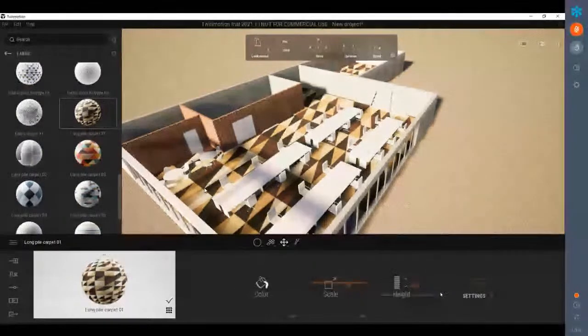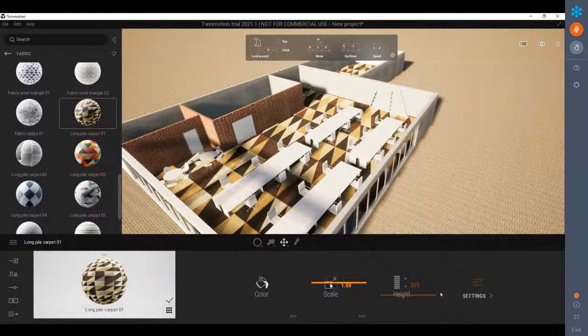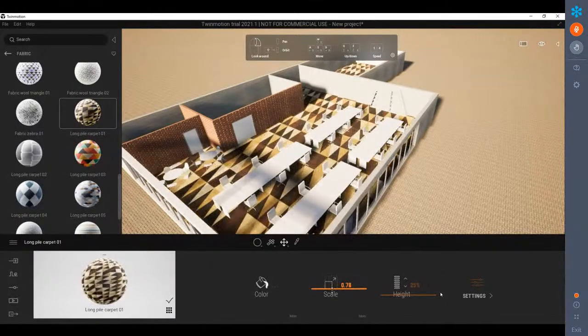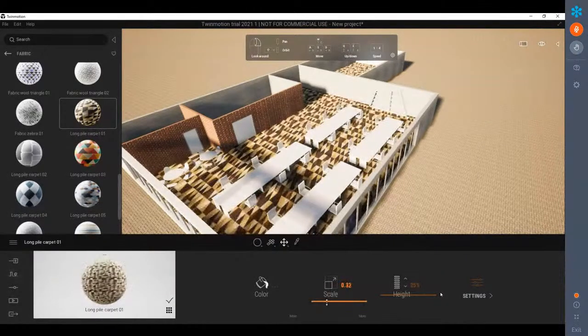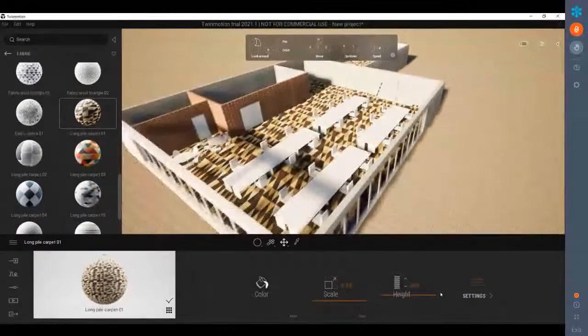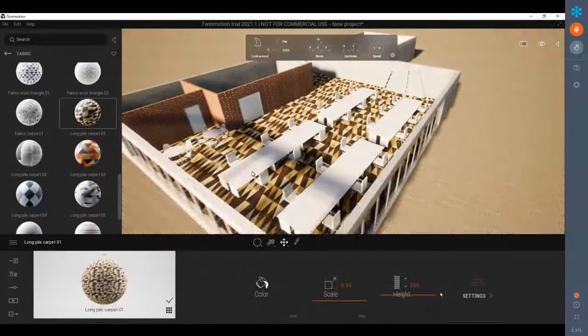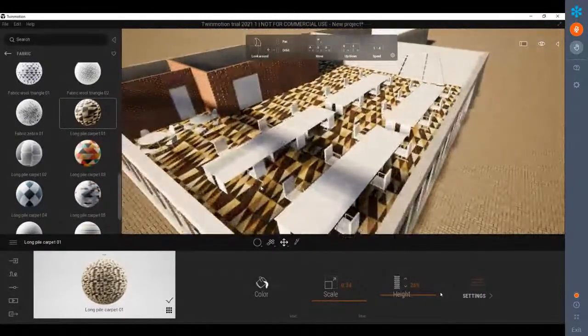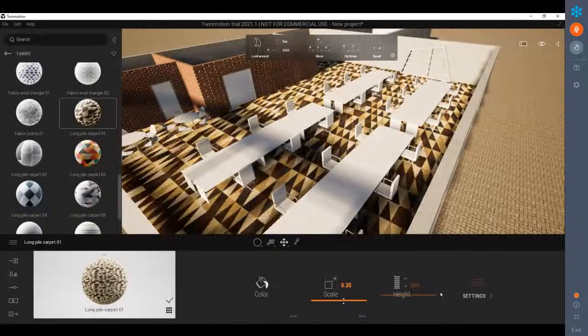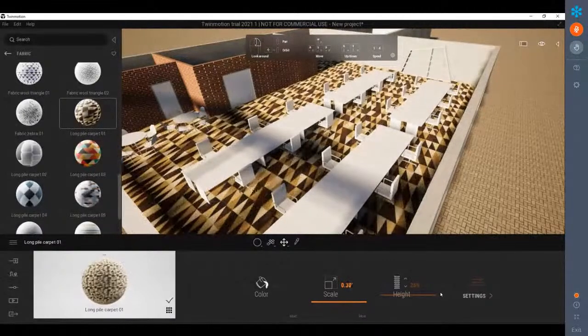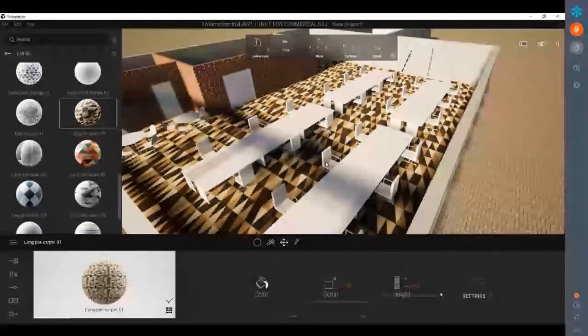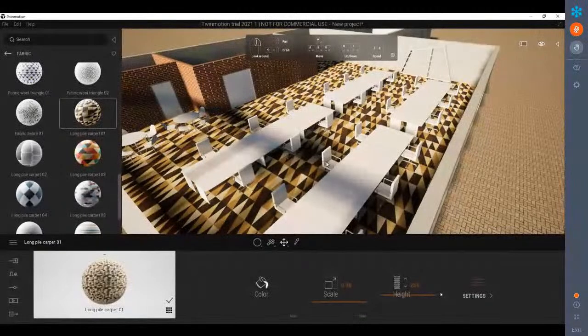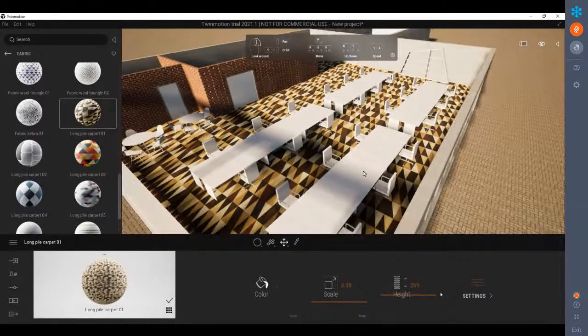And the good thing about this is actually everything that we've applied so far, we can adjust the scale of all these visually. So let's just move that to be a bit smaller. That will be applied to our model. Okay. So maybe we can stick with a 13.3 scale. Okay. So next would be putting in some furniture,